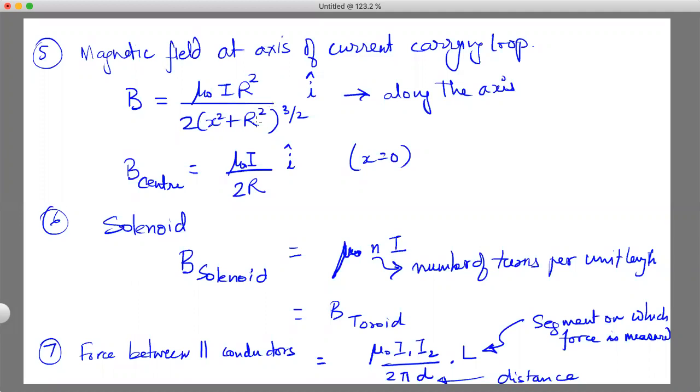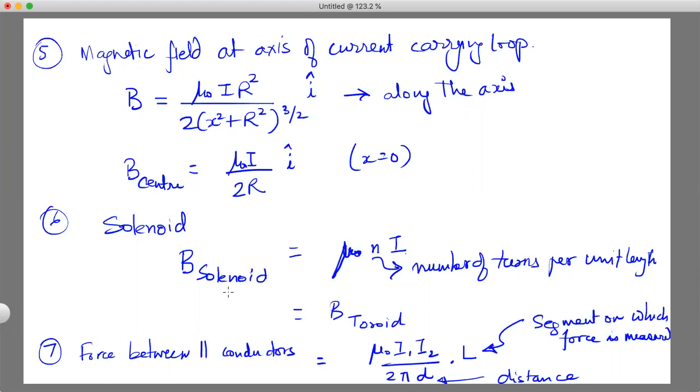Now, using what we have done here, right, there are the expressions for B which will be more used. This is a very simple expression when it comes to solenoid, which is mu naught n into I. Remember one thing when using this formula, and the thing to remember is that this small n is number of turns per unit length, not the total number of turns.